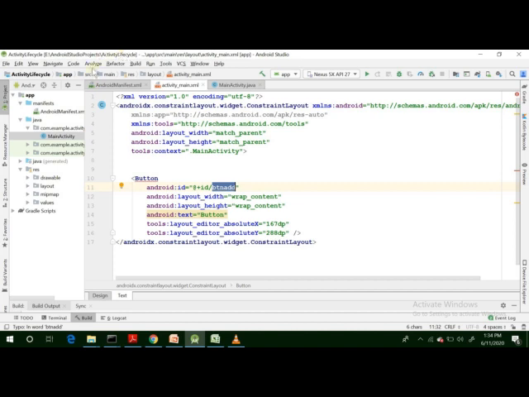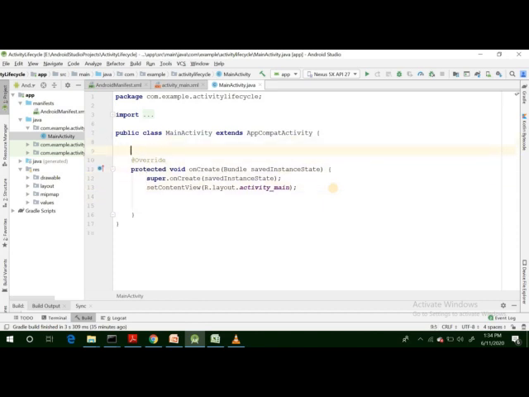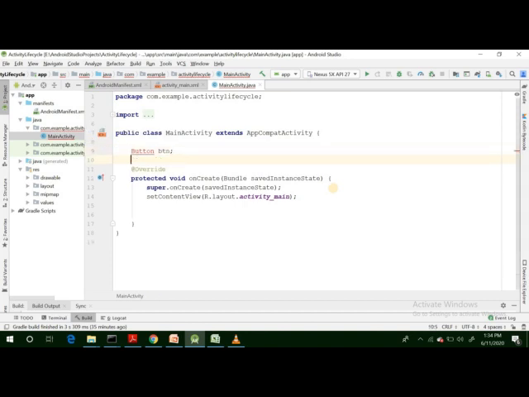Now if we go to the source code file, this is the source code file placed over here. Inside that source code file, one of the methods is already overridden. We will discuss that method later, but for now we can get the reference of the button inside the Java file of the same activity. So we are declaring a button variable. Button is a built-in class in Android. So this is only the declaration of the button. We haven't got the reference of that button from the layout file yet.